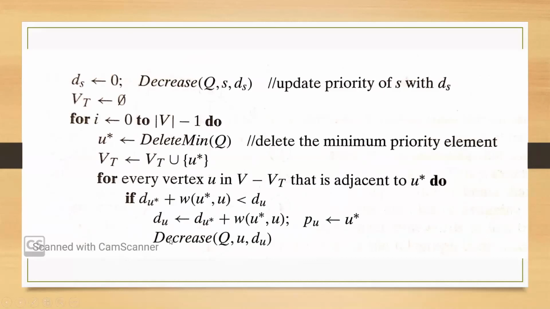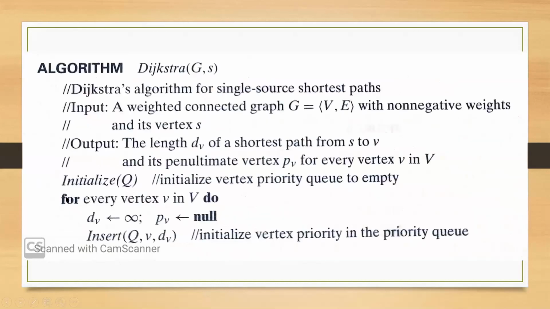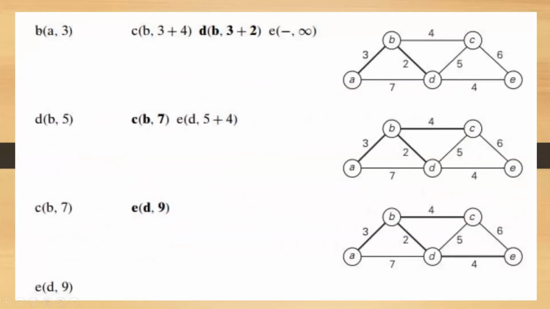And hence, you once again call the decrease function. So decrease will decrease the value. You are passing the priority queue, you are passing which adjacent vertex you have to update, that is u, and what is the distance of that adjacent vertex. Like this, the process continues until 5 iterations in that example, or v minus 1 iterations, and finally you get the output in this form. So in the form of pairs, the parent vertex and the distance of each vertex.